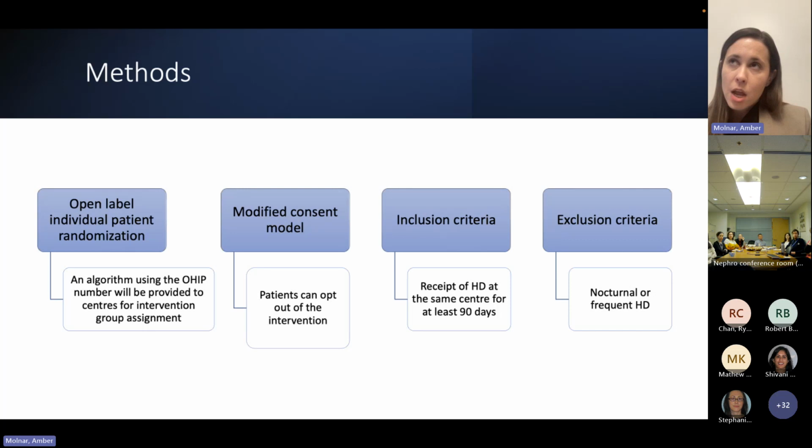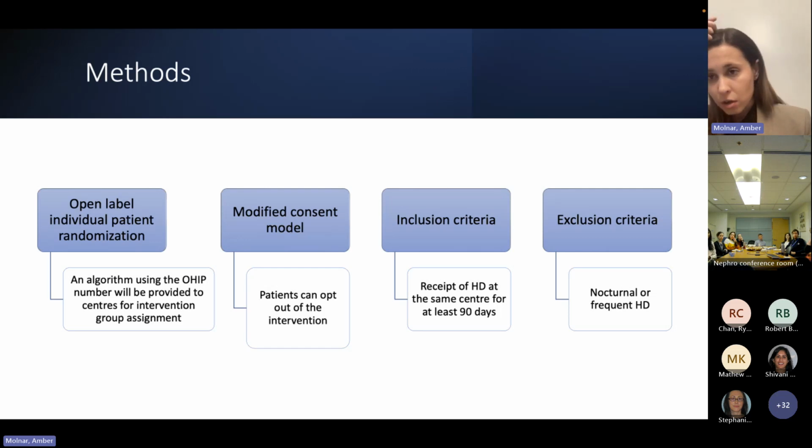So this is a pragmatic trial, so we will be using minimal research coordinator and research assistant resources. And so the randomization, the delivery of the intervention, and the conduct of the trial will be largely integrated into clinical practice. Our consent model is very similar to trials like the MyTemp trial and DialMag trial, which I'm